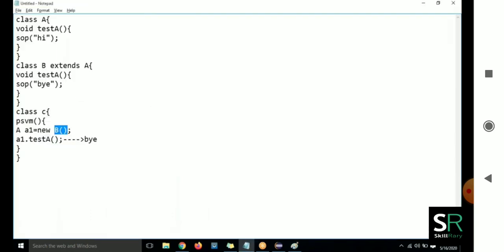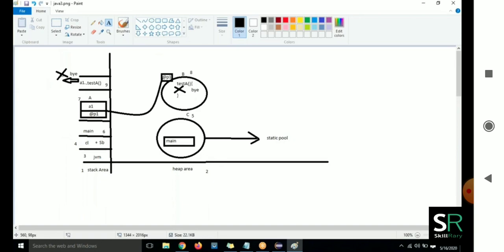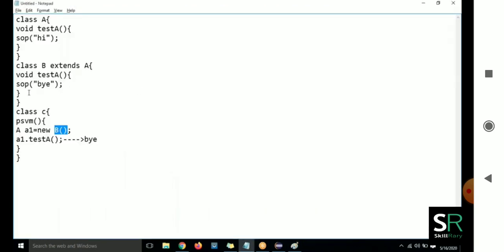Then we have the constructor, B(). The job of the constructor is to load the non-static members inside the object. Do we have any non-static members? Yes, there are two.